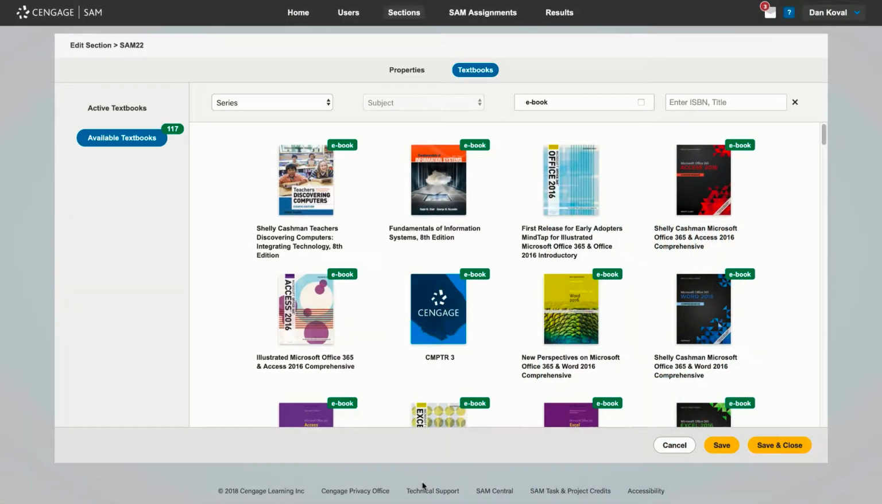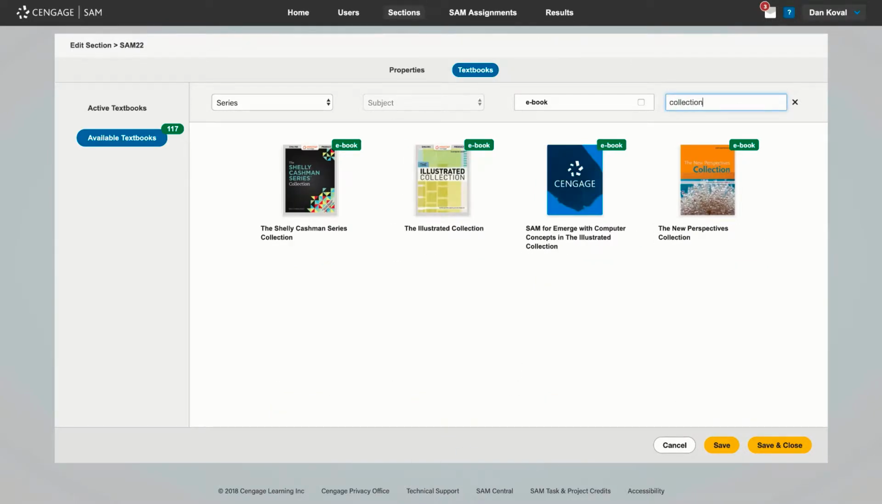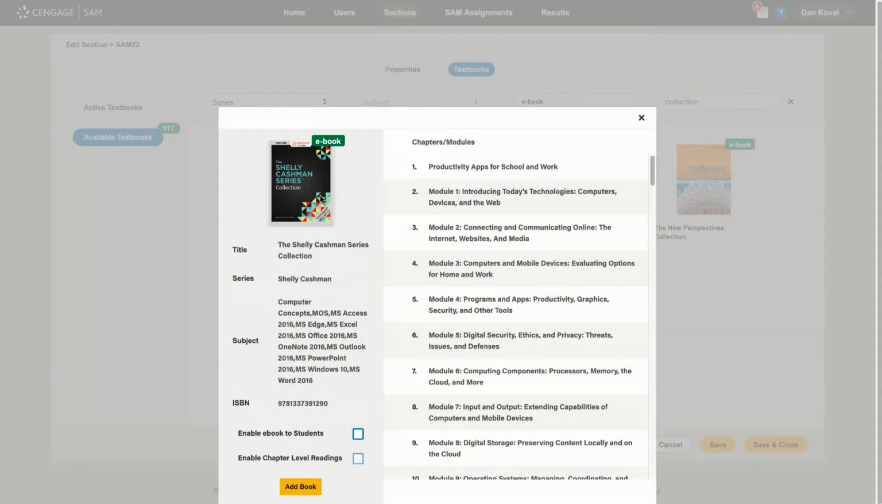When creating a new section and adding textbooks, you will be presented with a more visual and easily searchable design. If a title includes an ebook, it will be tagged with a green ebook icon. Once you have located your textbook, click to select it. The first thing you will notice is that you can assign the full ebook as well as individual ebook chapters